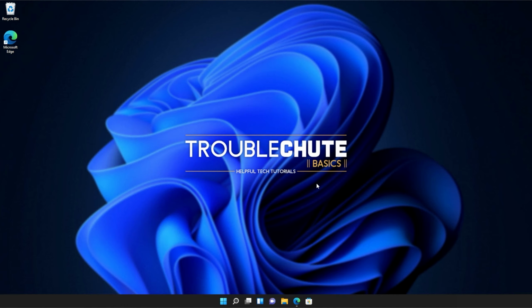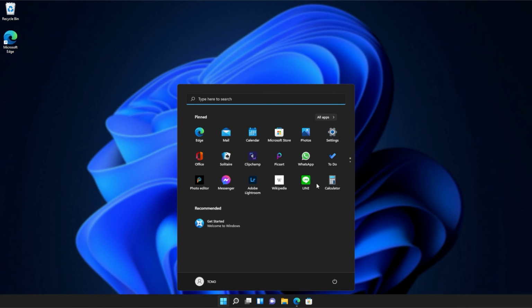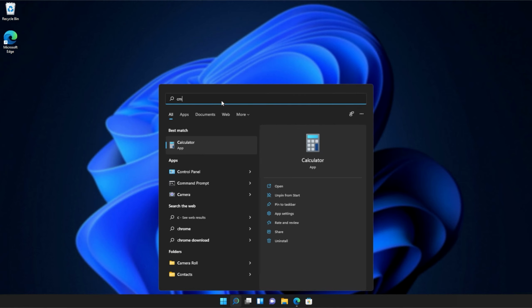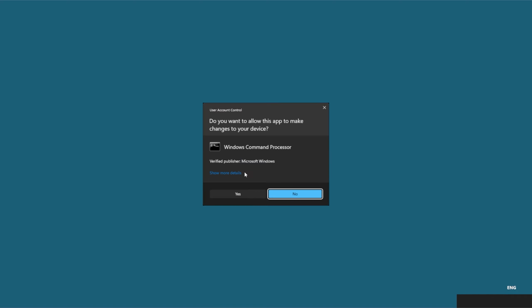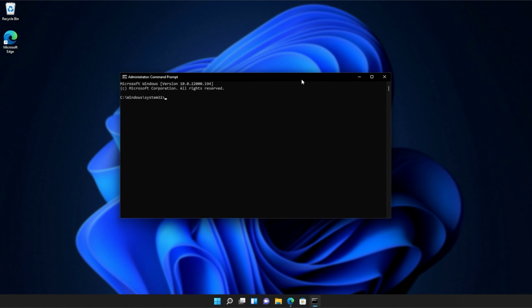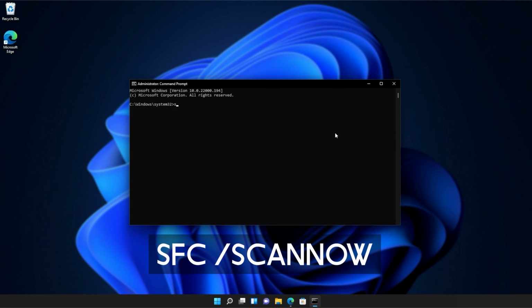You should be able to open up programs and games and use them immediately if they were giving you errors. However, if you're still receiving an error, try rebooting your computer and then try the applications once more. If you're still receiving errors, hit the Start button on your keyboard, then we'll be searching for CMD. Right-click Command Prompt, and then click Run as Administrator. Click Yes when prompted for admin, and inside of this window over here, type in sfc